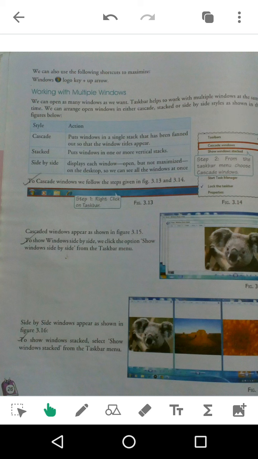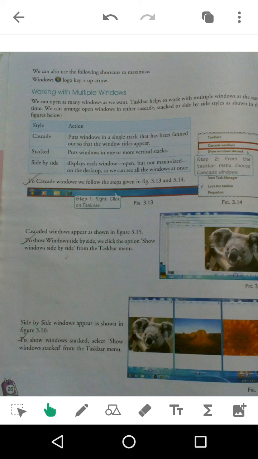Windows has the feature of multitasking, so you can work effortlessly on different applications. These are certain options given on Windows to work more conveniently, in an easy way.